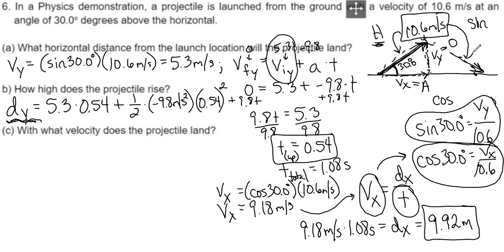So the initial velocity must be equal to the final velocity when we are talking about projectile motion, which means that our final velocity is equal to